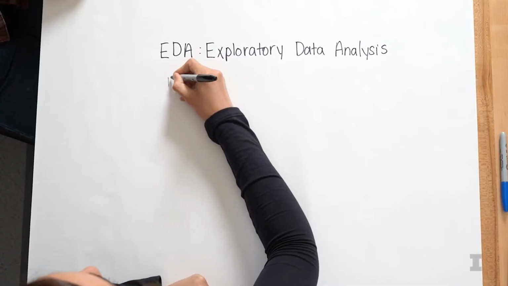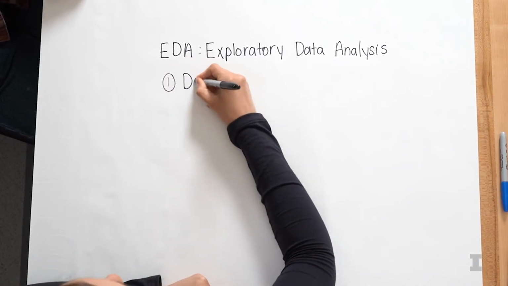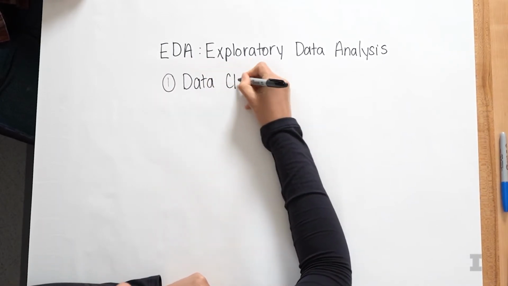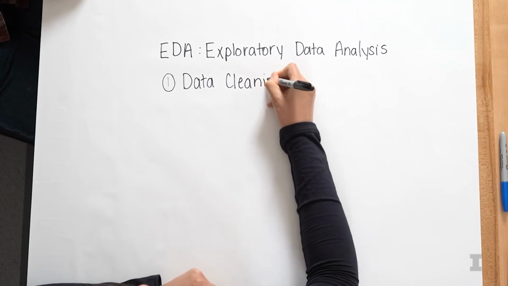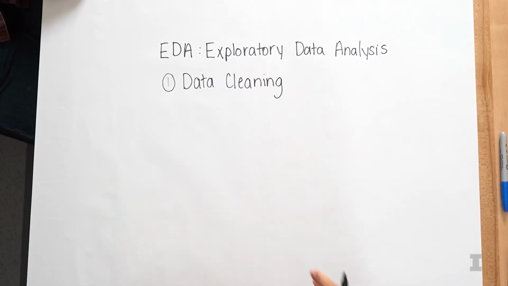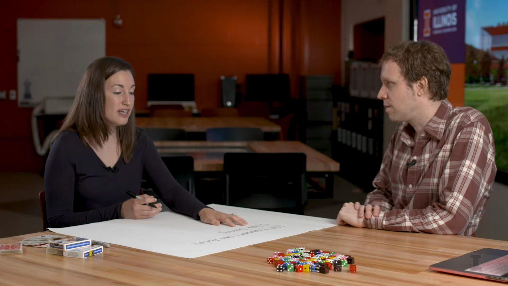The first one is data cleaning. Oftentimes data sets that we get can be very messy. I remember back when I worked in industry, I got a data set that had a bunch of missing data, a couple of columns that were exactly the same so I wouldn't need both of them, and column headings that weren't very clear. So part of data cleaning can be checking for missing values, making sure your columns are named correctly, and making sure you don't have any unnecessary duplicates.